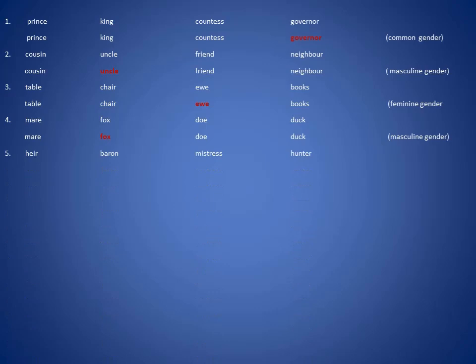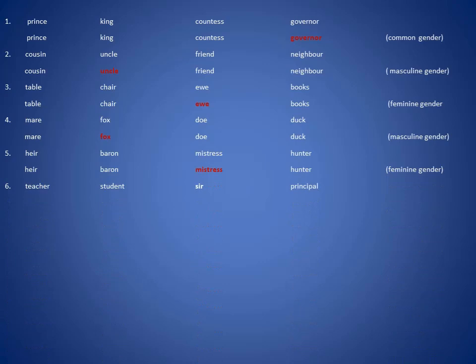Now fifth one, hare, baron, mistress, hunter. So here hare, baron and hunter, these 3 are coming under masculine gender, only the mistress is different from that, that is, it's feminine gender. So here the odd one is mistress. Next,